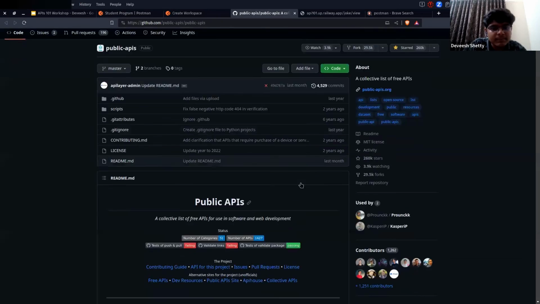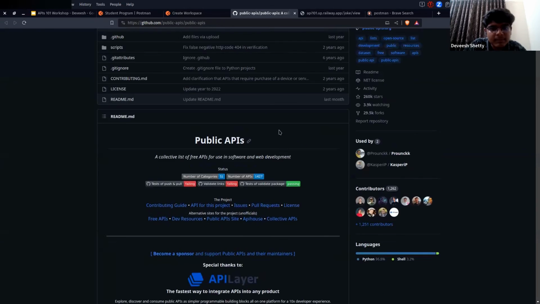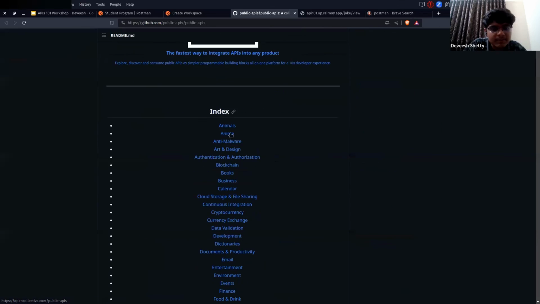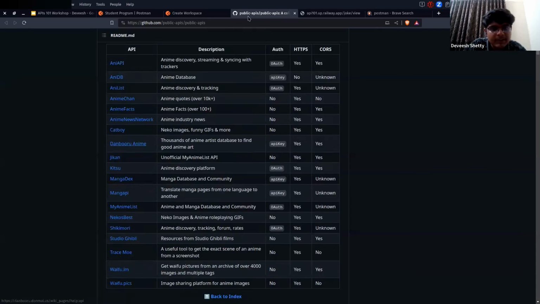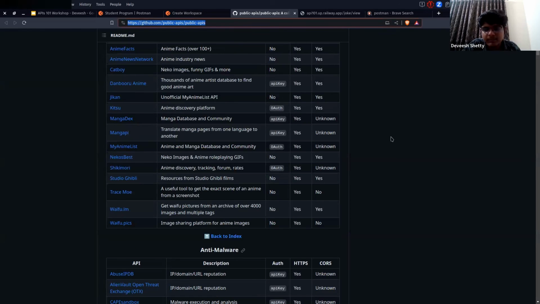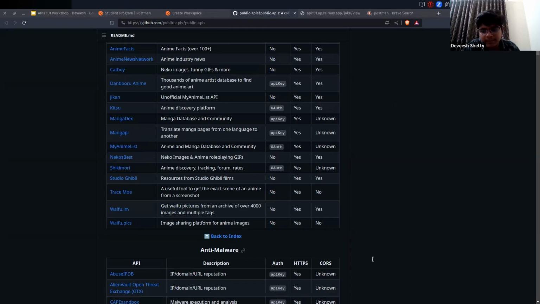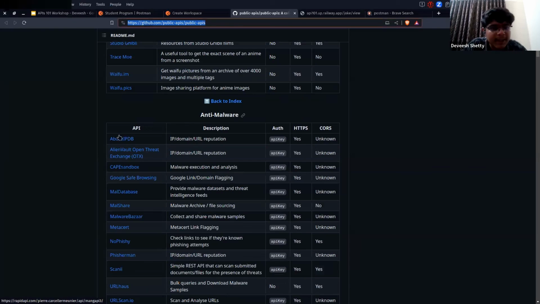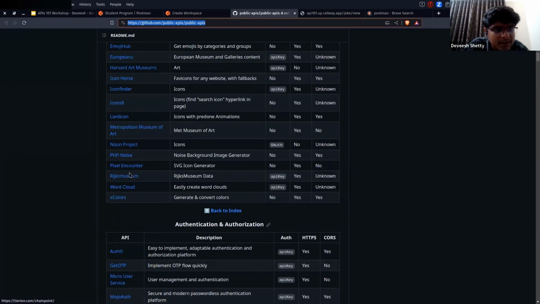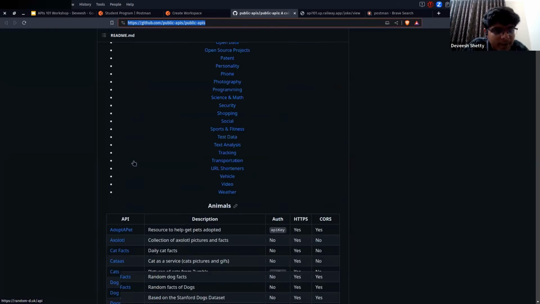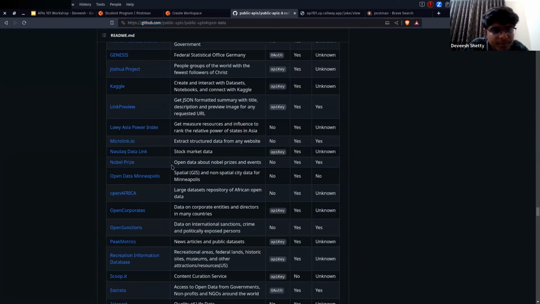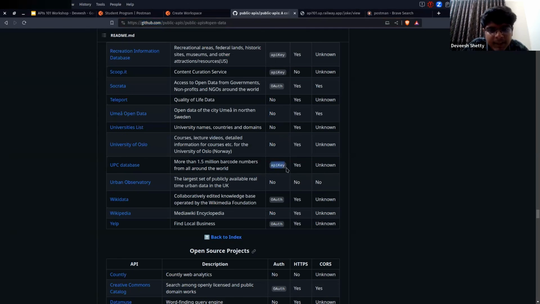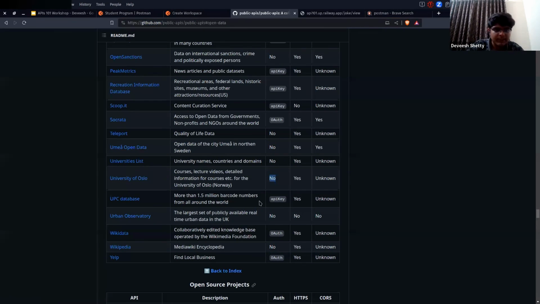Okay, so here you can see, if you go to public APIs, here you can find many. This is the URL. I will send you in the chat. This is a very good GitHub repository. Here you can find many types of APIs. See, dog facts, cat facts, then government APIs. There are COVID-19 APIs. There are open data news. All are publicly available. Some may require an API key, some may not. See, no means it doesn't need any API key, so you can directly use it.